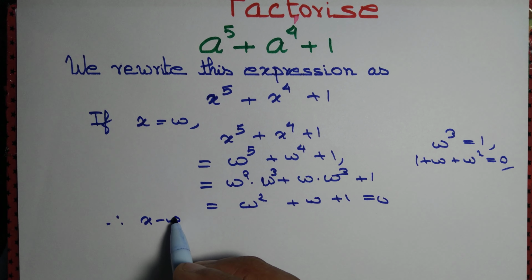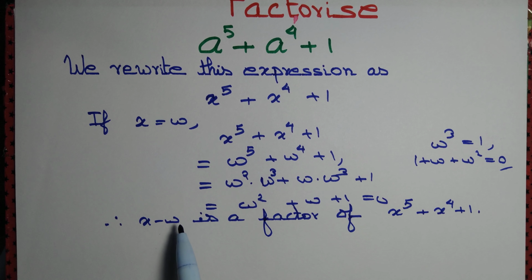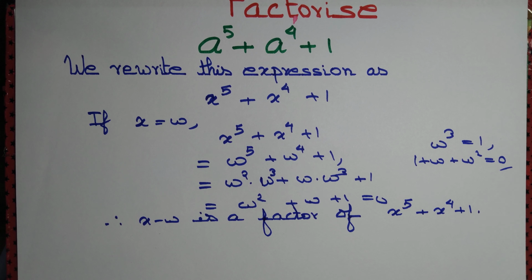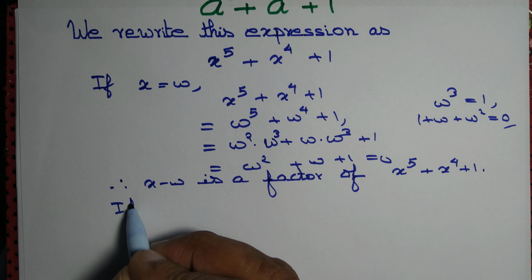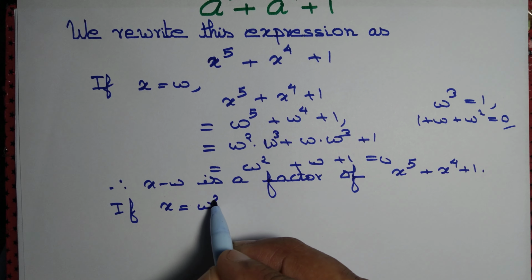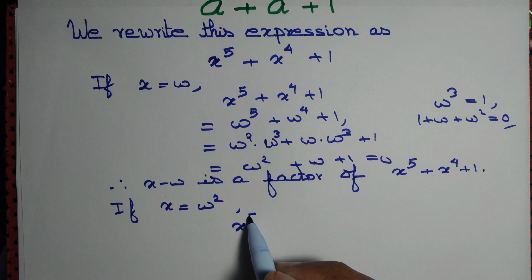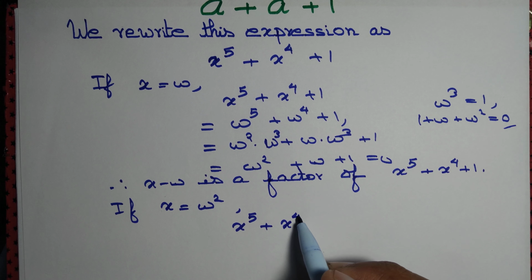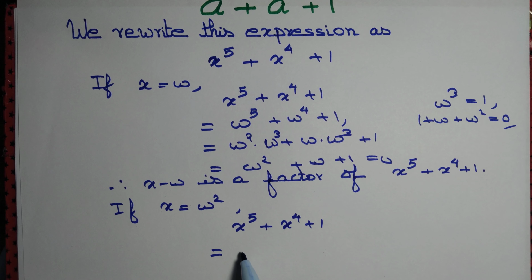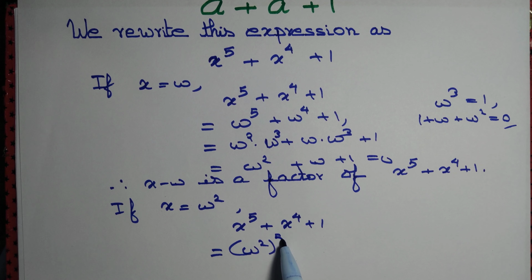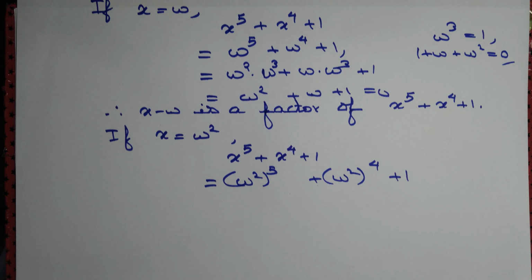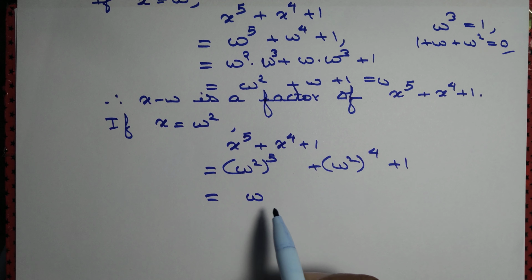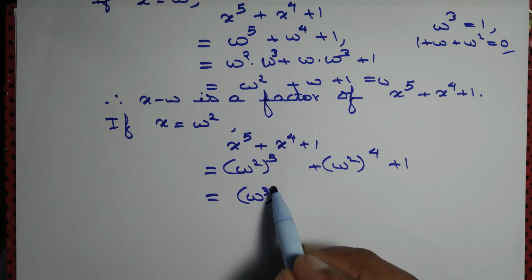x minus omega. So far so good. x minus omega is a factor of x to the power 5 plus x to the power 4 plus 1 in the set of complex numbers. What about other factors? If x equal to omega square, then x to the power 5 plus x to the power 4 plus 1 equals omega square to the power 5 plus omega square to the power 4 plus 1. And that's equal to omega to the power 10,